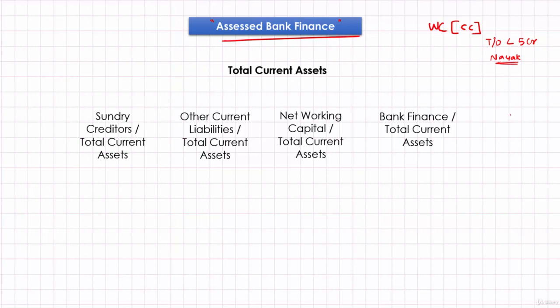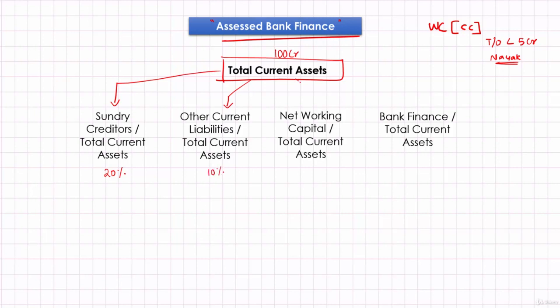But when it is above 5 crore, banks are at liberty to adopt their own method to arrive at the eligible limit. To explain this, let me start with total current assets. Let's say total current assets is 100 crore. Of this current assets, sundry creditors are going to contribute say around 20%, and let's say other current liabilities are there, outstanding expenses and all, they are going to contribute 10%,